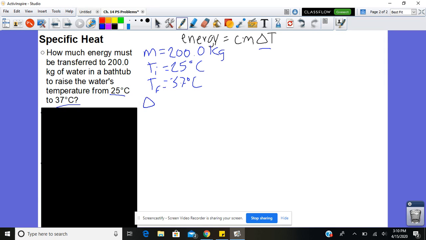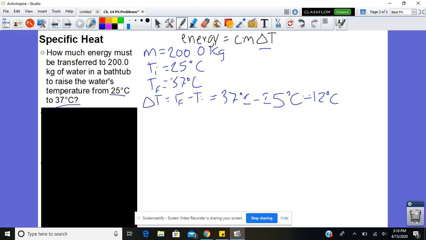So to get our change in temperature, we always take our final minus initial. So in this case, we have 37 degrees Celsius minus 25 degrees Celsius,